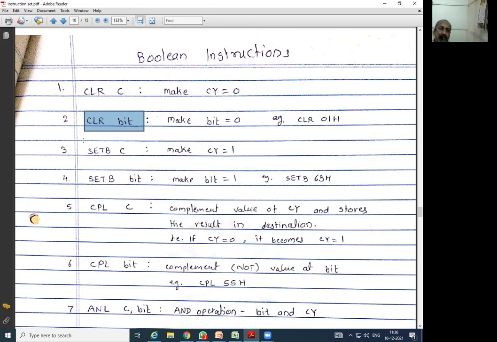जर तुम्हाला तशीच ते पर्टिक्युलर व्हॅल्यू 1 करायची असेल, so the next instruction is here, that is SETB C. सी म्हटले की कॅरी, लक्षात ठेवा. SETB space C. What is it doing? Make the CY equal to 1. ही कमांड लिहिली की कॅरी 1 केला जातो. This is the use of this particular SETB C.